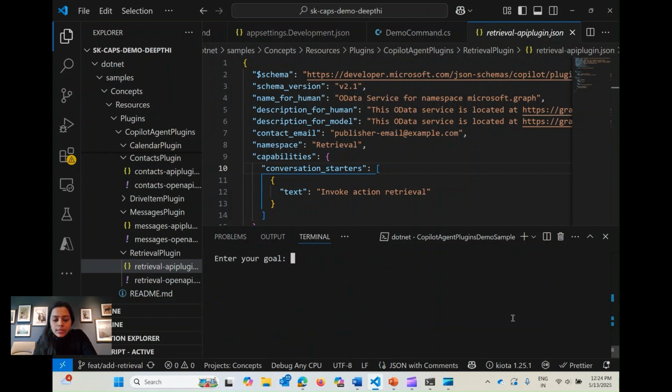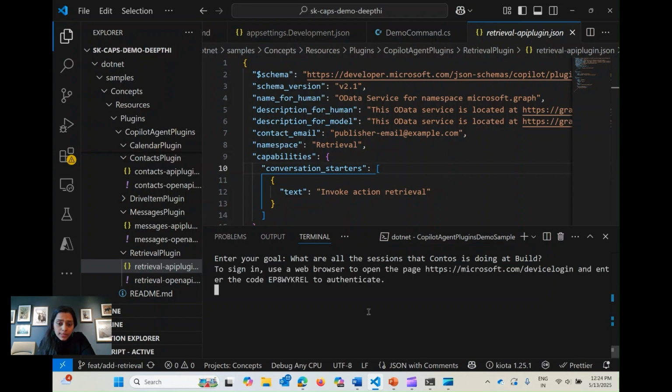I'm going to ask it the same question that we saw previously in Graph Explorer. And this should ask us for authentication because this is enterprise information.